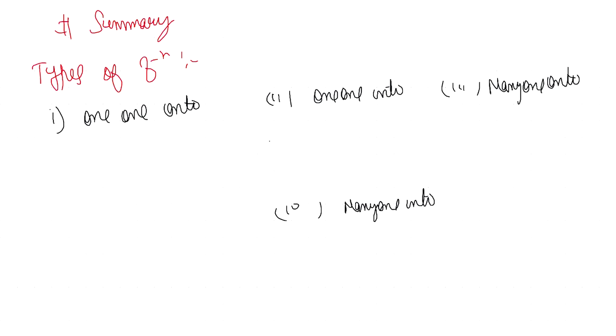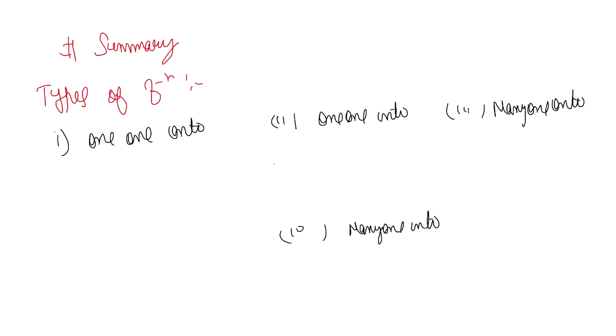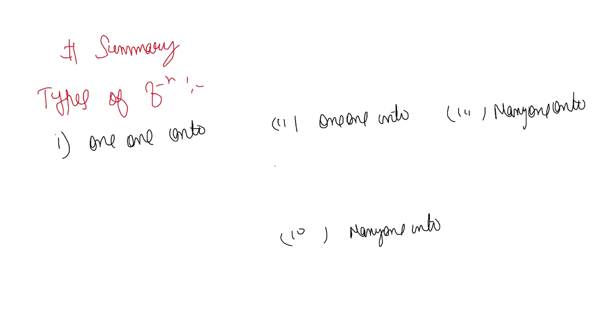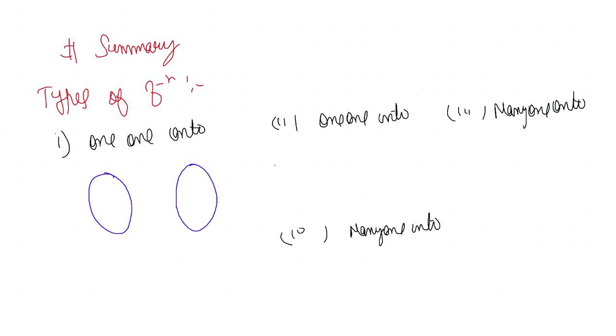तो ब्रॉडली टाइप्स ऑफ फंक्शन में अगर हम समरी की बात करें तो चार तरह के फंक्शन होते हैं, वन वन ऑन टू, वन वन इन टू, मेनी वन ऑन टू, मेनी वन इन टू। या तो फंक्शन वन वन ऑन टू होगा या वन वन इन टू होगा, तो हम उसको देखेंगे भी, कि उसका पिक्चर बना के कोशिश करते हैं देखने की कि कैसा बनेगा। इससे हमारा और बढ़िया क्लैरिफिकेशन मिलेगा।